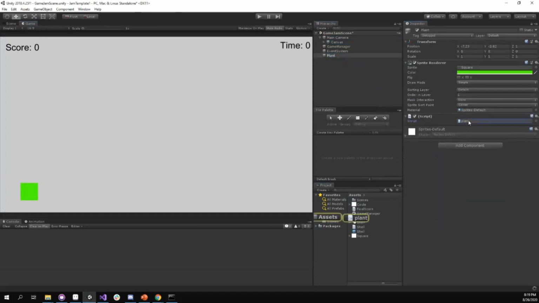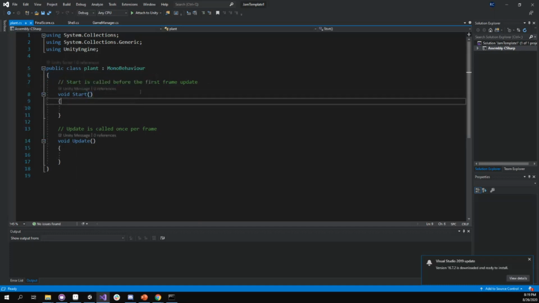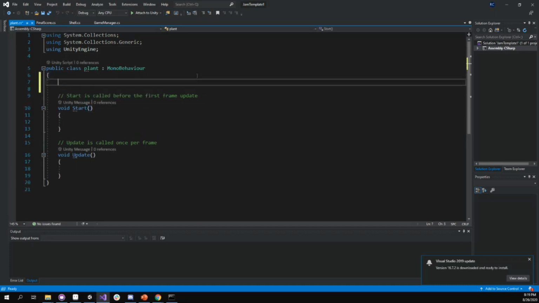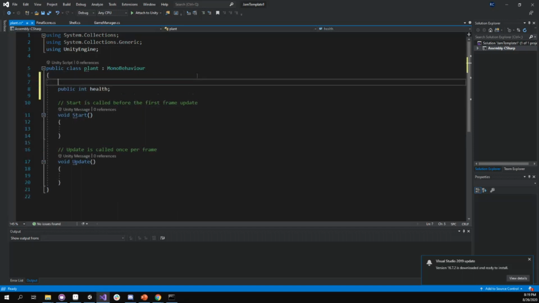Oh boy, I made a lowercase. I don't know why I did that. That was an accident. We're going to say public int health, right? And that's going to be essentially how good it's doing. It's usually going to be 1 to 100. So that's a pretty straightforward concept. It has a starting health. It'll probably be 50,